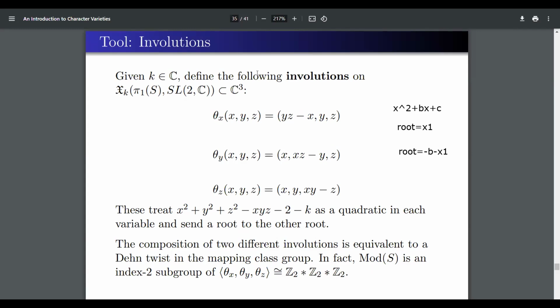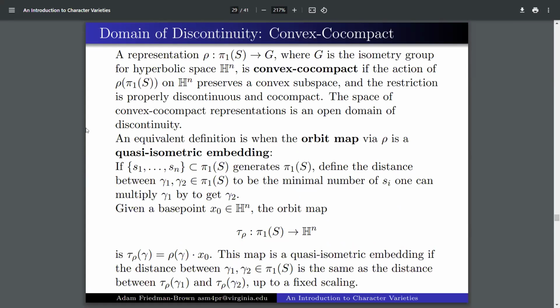So let me clear this and go back a page. This is where I just talk about some miscellaneous tools, examples, etc. So other than the technical space, here's another popular example of an open domain of discontinuity. We call a representation from the fundamental group of a surface into an isometry group for hyperbolic n-space